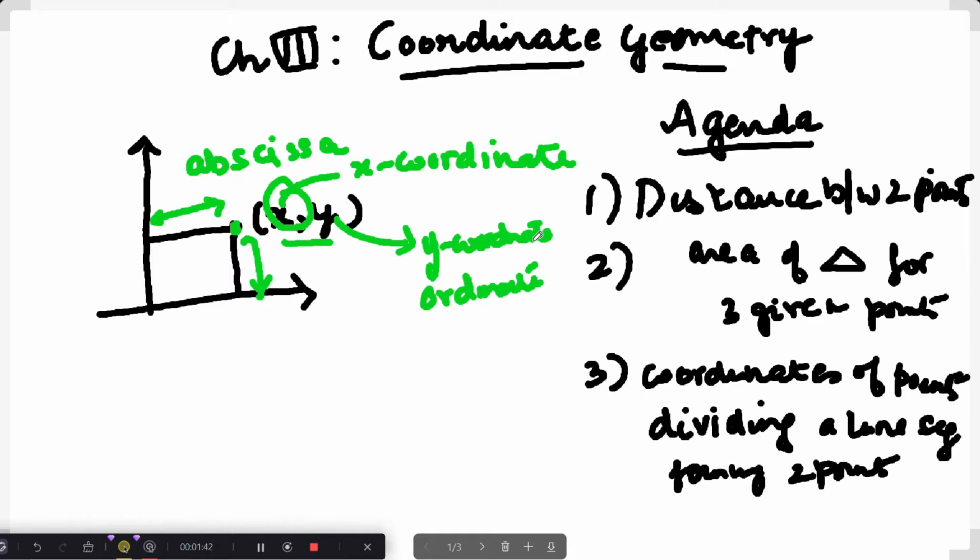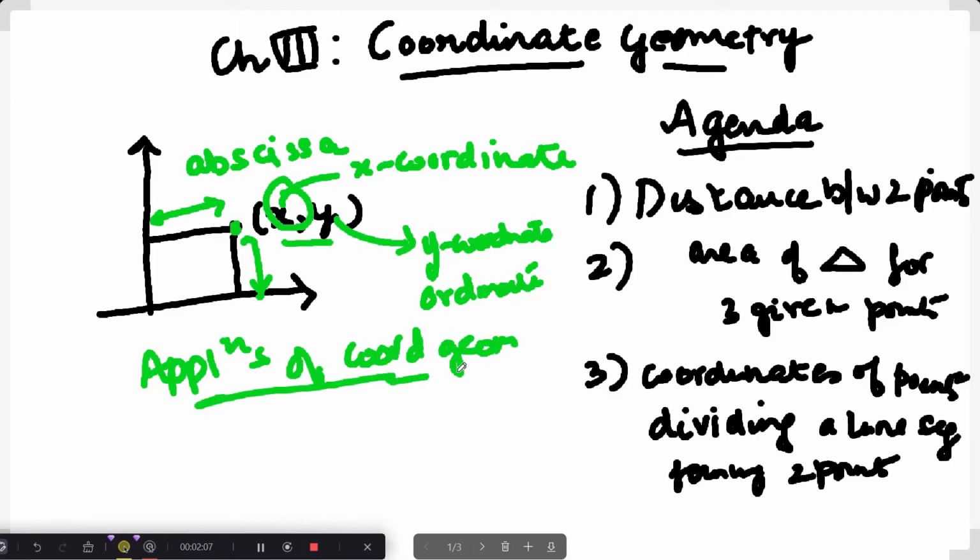So what is coordinate geometry? Coordinate geometry has been developed as an algebraic tool for studying geometry of figures. It helps us to study geometry using algebra and understand algebra with the help of geometry, right? Because of this, the applications of coordinate geometry